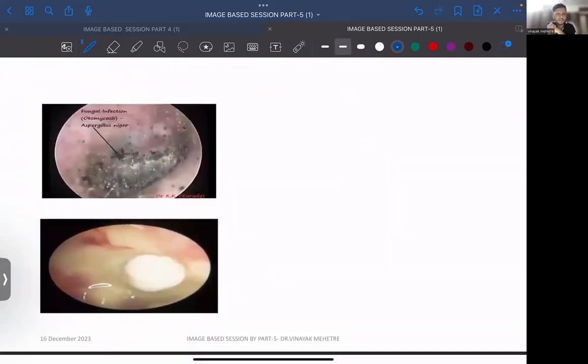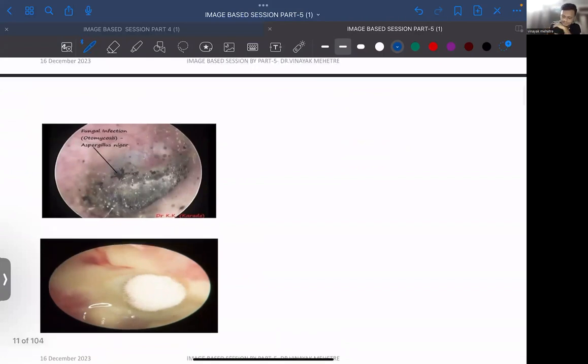These patients come every day in the OPD. Otomycosis. What will the patient have? Foreign body sensation in the ear with decreased hearing. Decrease in hearing is called hearing loss. These are the findings you will see in it, right? The first one is